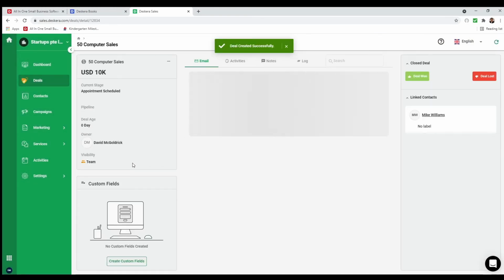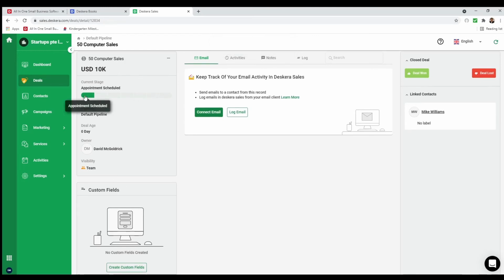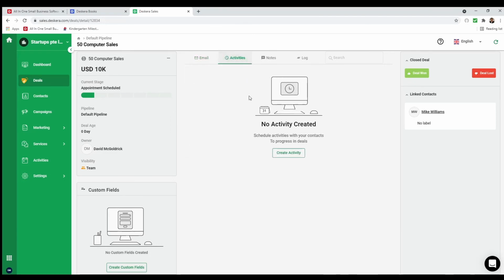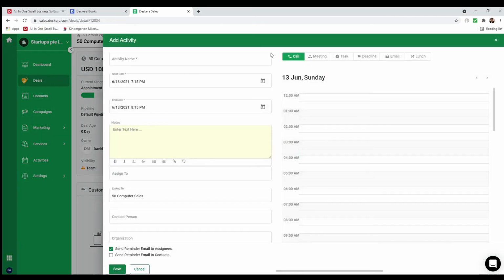I can drill in. I can see the pipeline, deal age, owner, any custom fields. If I'm connected to an email, I can send out an email from here. I can also log emails as well. Under activities, I can create activities. So for example,